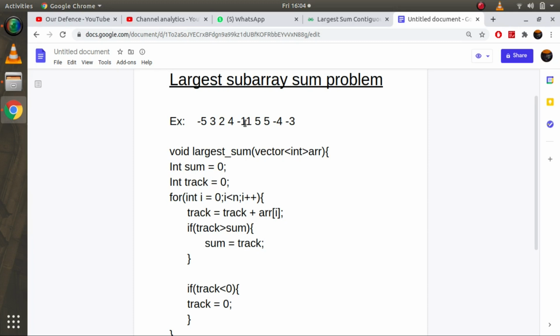Initially you have a subarray with sum 9, and you reach a number whose magnitude is greater than your subarray sum. This will make your sum negative, and then you have nothing worth storing from the past. If you had -6 in place of -11, then you can take that number, because it will not make your whole sum negative.